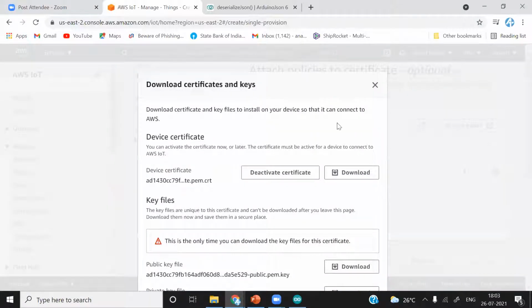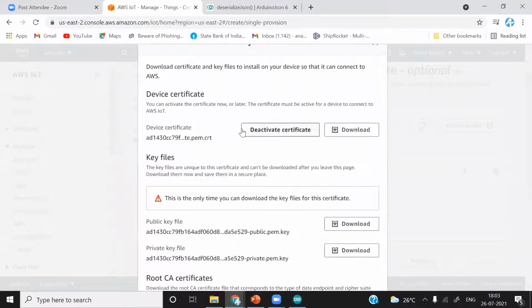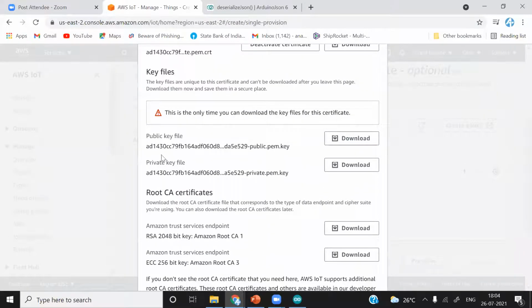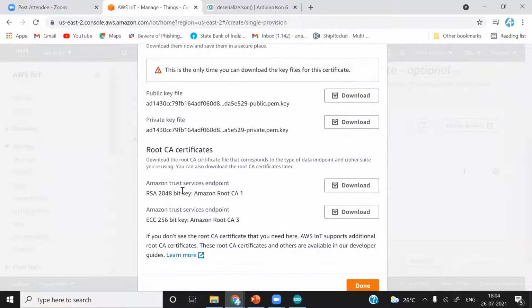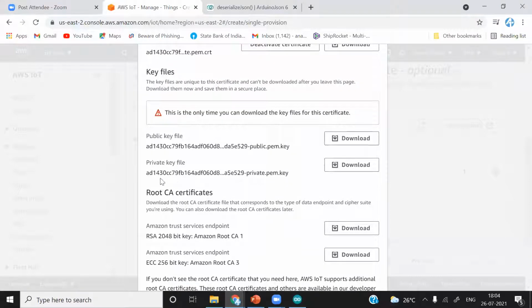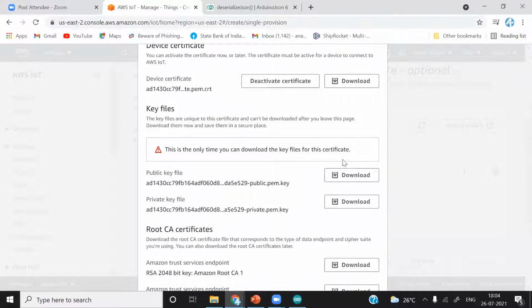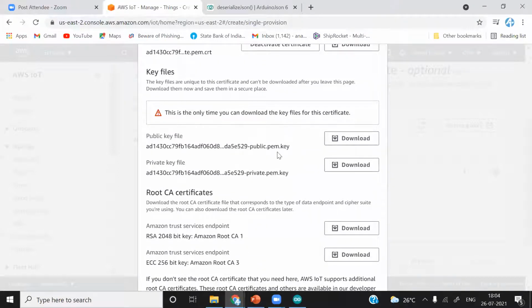And a very important part after creating the thing is that you have to download the device certificate, which is also called the client certificate, and the private key, and the root CA certificate, the server authentication certificate. So these things are required. This is the server authentication certificate, which is a 2048-bit key. After that, the private key and device certificate. These two certificates are mandatory to download.